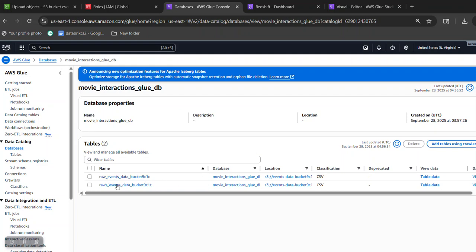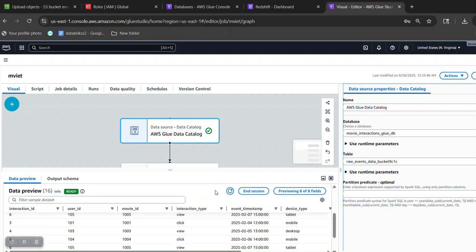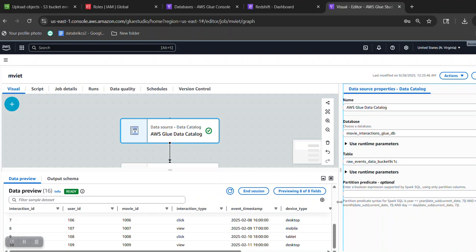This is the previous one I created. Okay, that's what I'm selecting here, and once that is done, we have an option